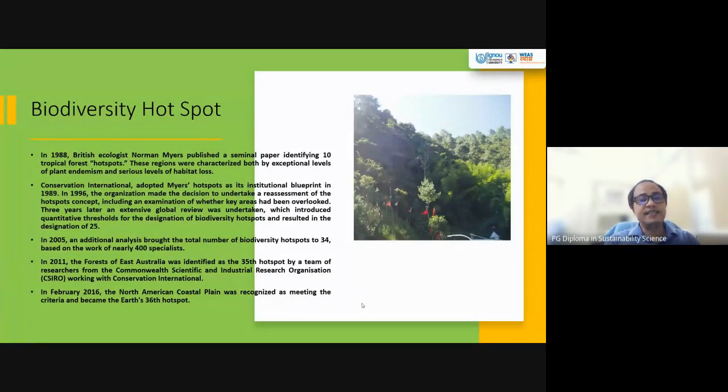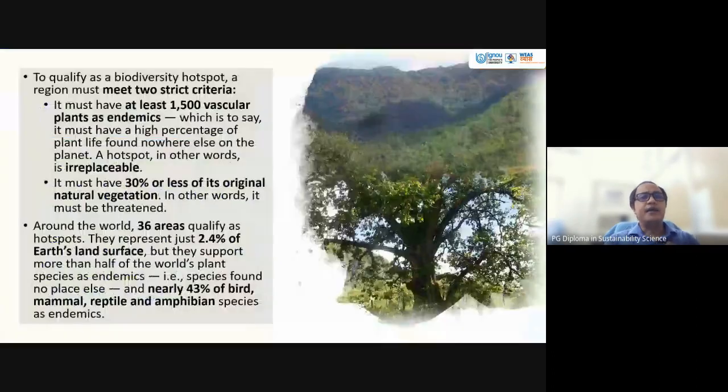That part of East Australia was identified as the 35th, followed in February 2016 by the 36th hotspot, the North American coastal plain, which was recognized. That is the 36 hotspots. This is about that. Then, as I mentioned, and we know from the concept of a hotspot, when they identify a place as a hotspot of biodiversity,